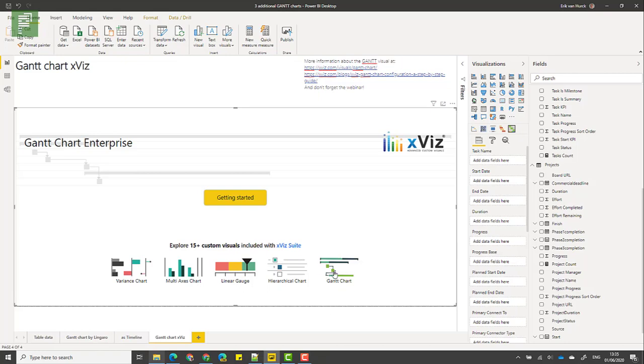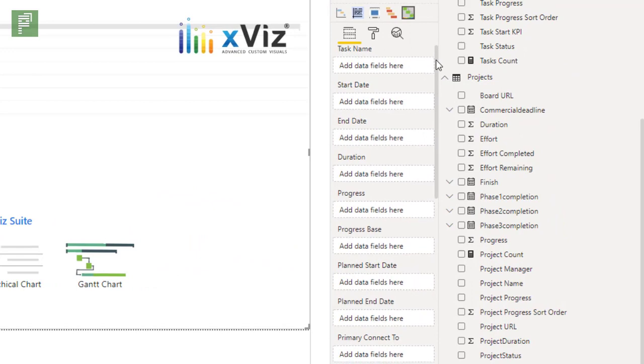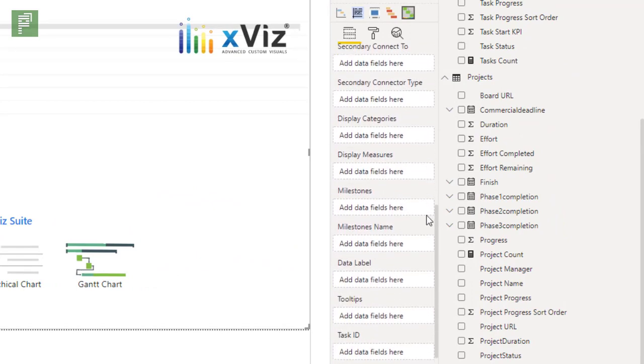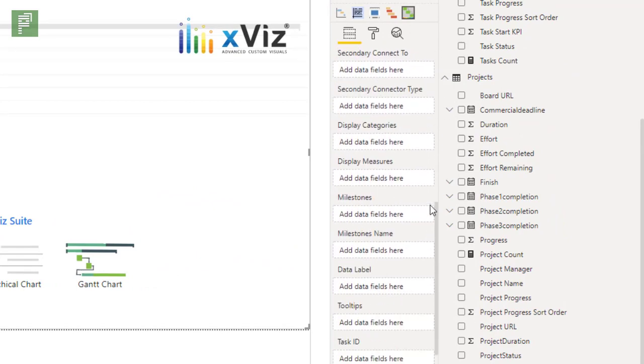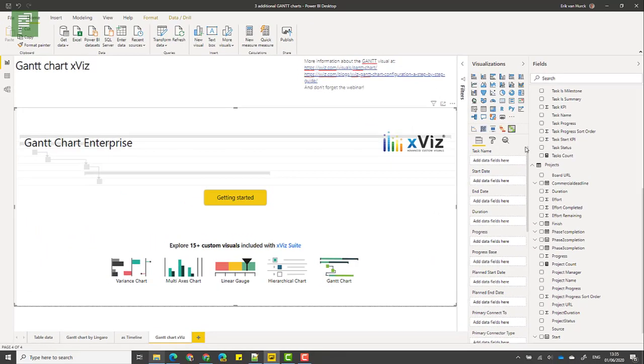But we're interested in creating that Gantt chart and just have a look at all these customizations that you can add in this visual. We're going to have a look at some of them. We're not going to do everything because that will just take too long. But we are going to look at, for instance, setting up the project